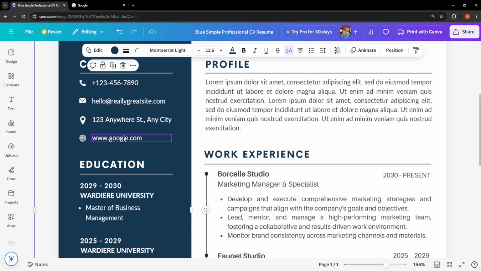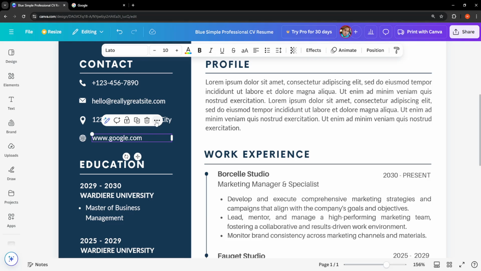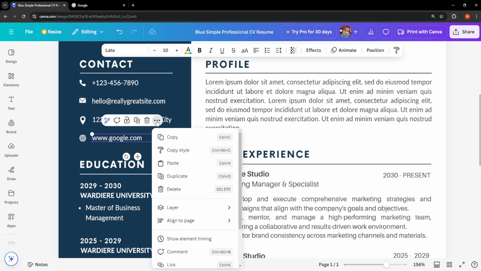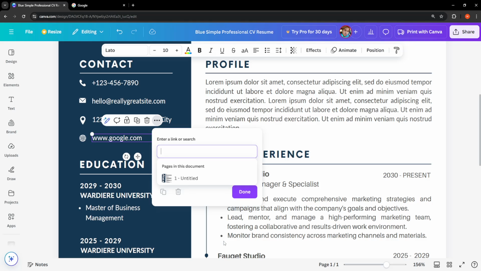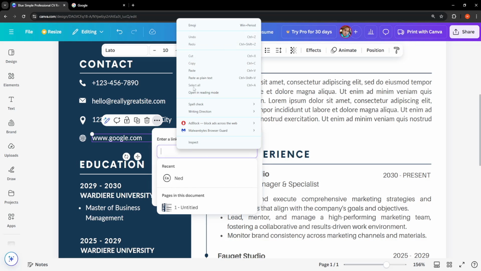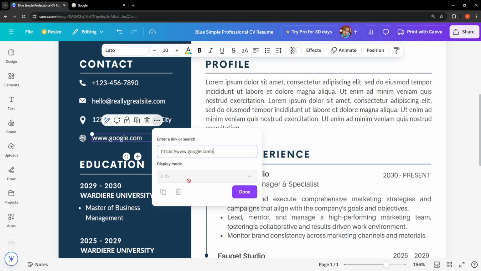Now I'll click on the text here, then select the three dots, and you should be able to see this option for link, or you can press Ctrl+K on your keyboard. Click on link, and then here I will just right click and paste my link, which is going to be